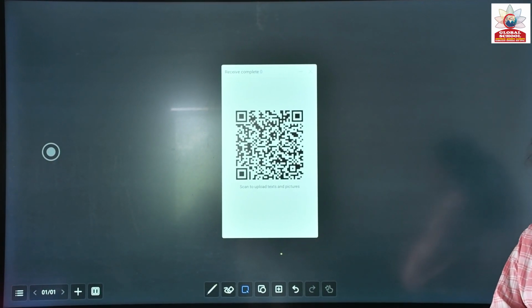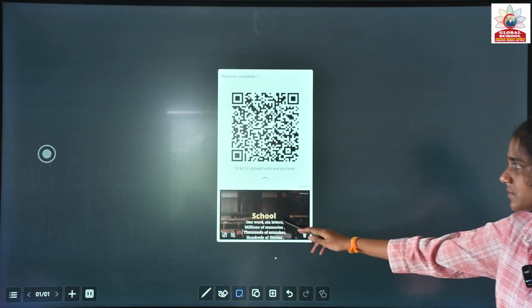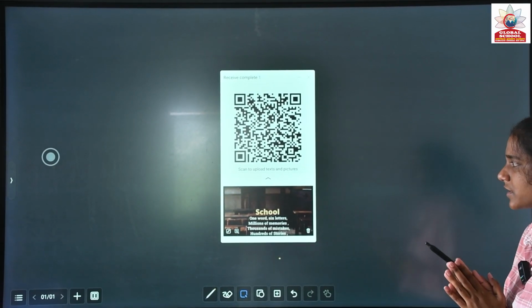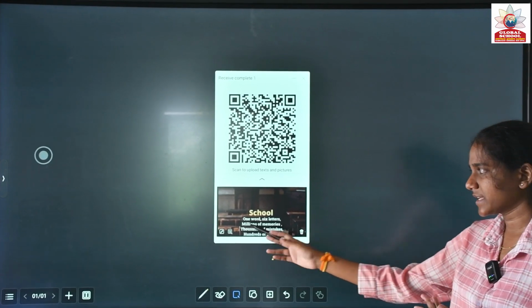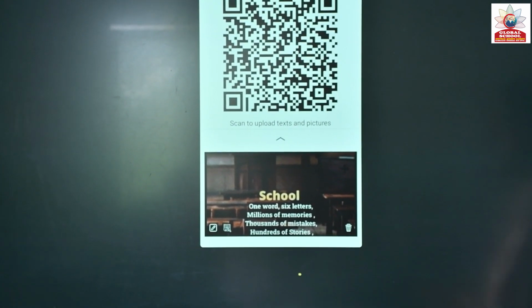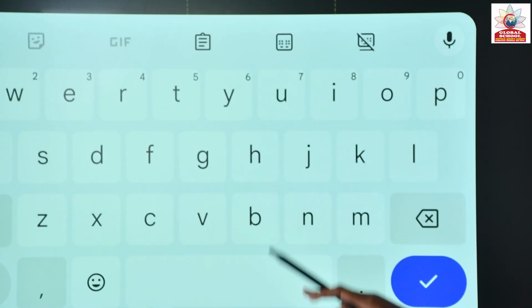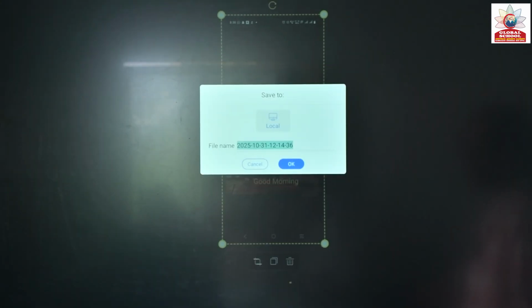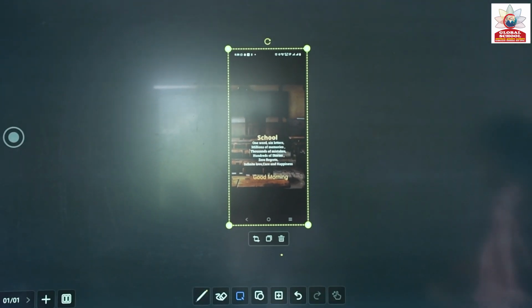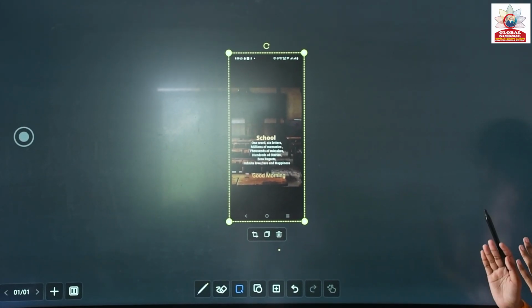You can share any image or text. You have shared, ma'am. Yes. So like this, you can directly share images, text, whatever documents you have on your mobile phone using this scanner. And if you want to save this image, there is a save option, or you want to insert this image in the notes part, that also you can do. Yes, ma'am, you can insert on the page, into the notes part also. If you want to save into the file manager, you can directly save in the documents, or else if you want to insert in the notes, you can insert from there.